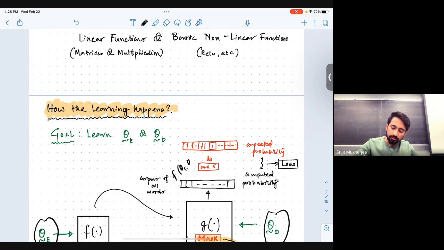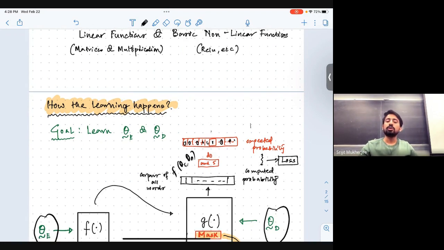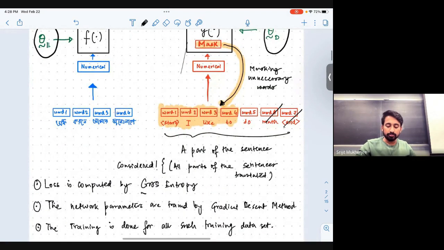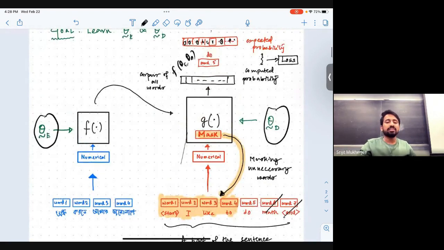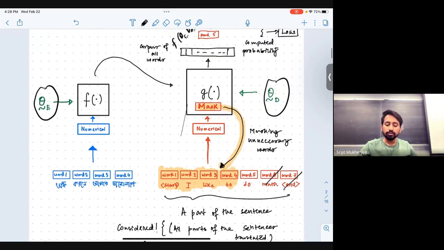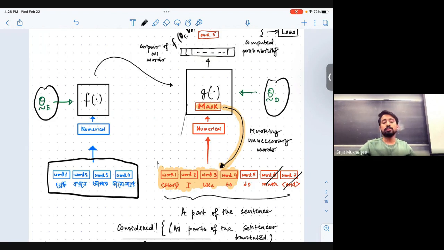theta e and theta d, and this is the expected probability, where the correct word is 1 and the rest are 0. Okay, as you can see on the screen. And finally, the loss is calculated using cross entropy, as it's written on the board, and that is minimized using gradient descent methods and other things. That's the basic idea. Okay, and the training is done for a fixed sentence and all such possible subpairs,